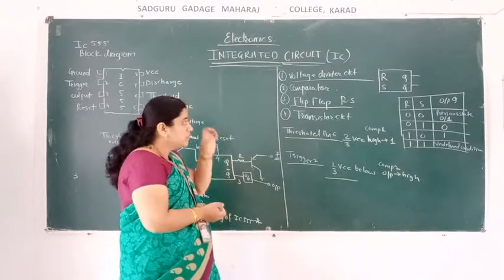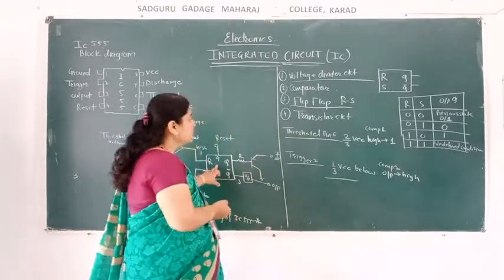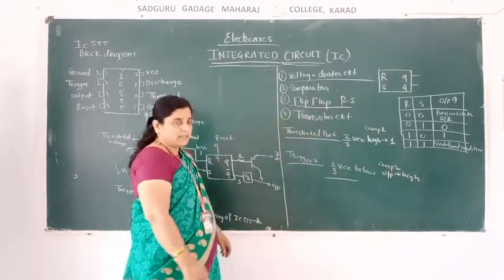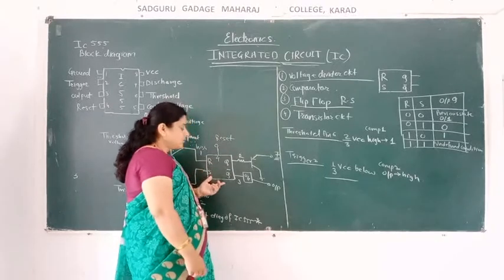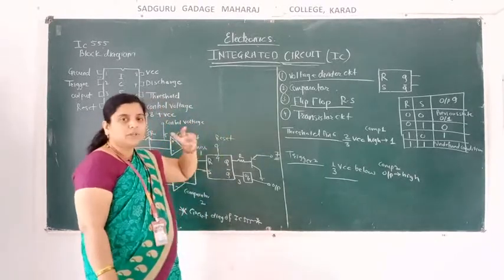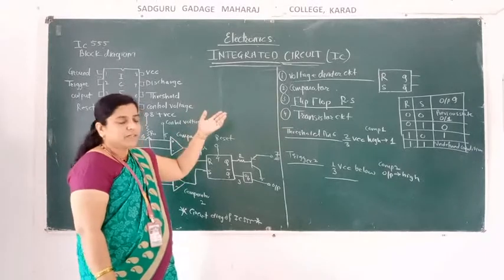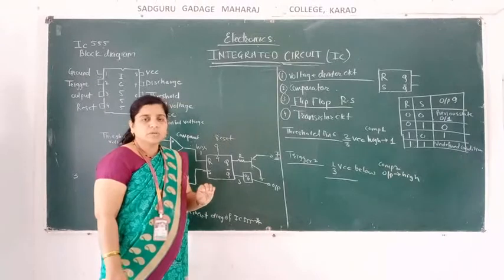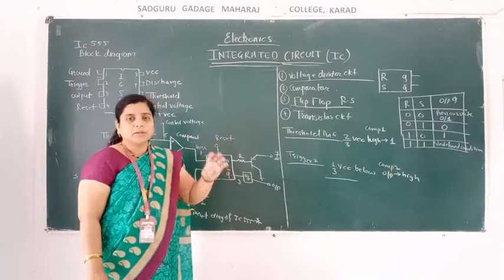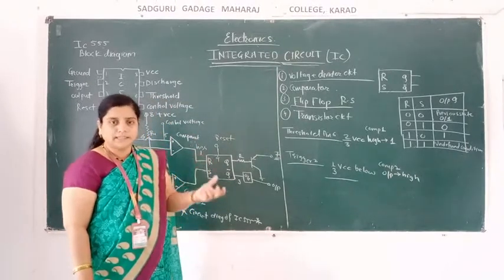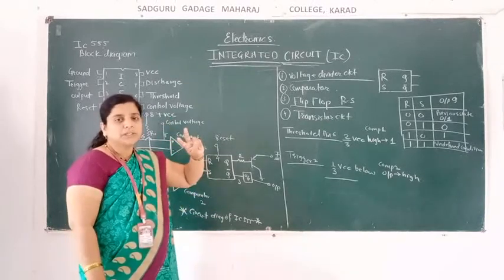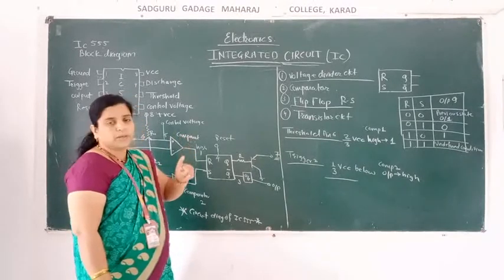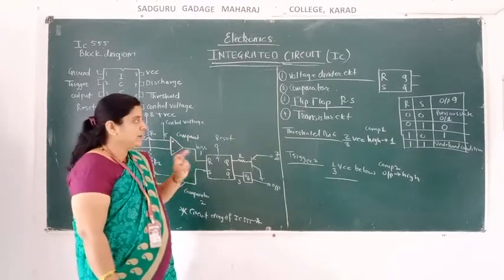If you don't have it in your mind, then therefore I have drawn the truth table here. What is the truth table of RS flip-flop? So RS flip-flop, how does it work? Only 2 conditions are considered. The 0 0 condition is not considered because it will remain in the previous state. The 1 1 condition is also not considered because it is an undefined condition, because we will not get a fixed output in this condition. Only we consider the 2 conditions, if R is equal to 1 or if S is equal to 1. Okay, these 2 conditions we have to consider here.